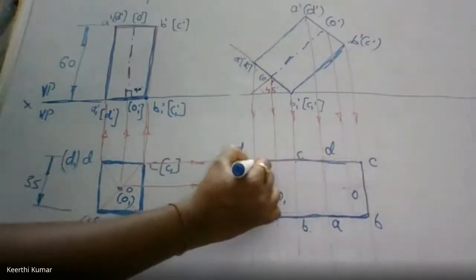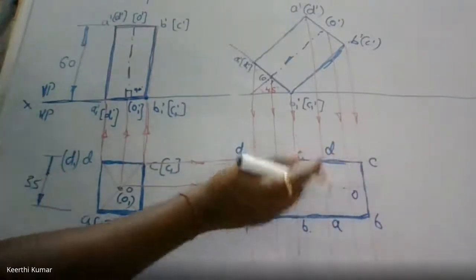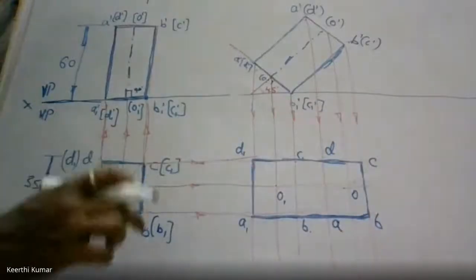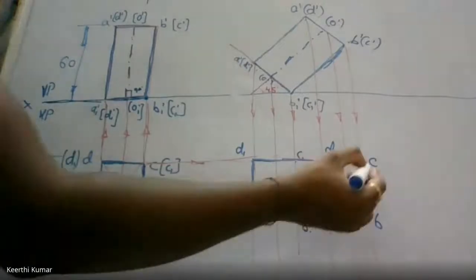So these are all the outermost. That means there is no other points left outside. That is the meaning of outermost. Clear? I completed the outermost. Now you should know the connecting order for prism. What is the connecting order for the prism?